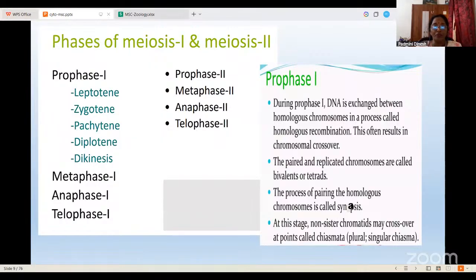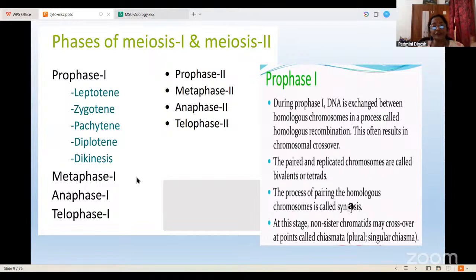Okay, coming to the stages. What is the stage in the prophase of meiosis 1 and 2? Prophase 1 is again divided. Here, I want you all to understand. This is the phase that they will be asking you about from the examination point of view. Why? Because in meiosis 1 and 2 division, meiosis 1 is very, very important. Why? Because the prophase stage has these different stages that are divided, and then it goes into